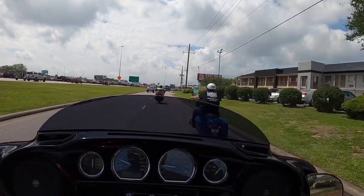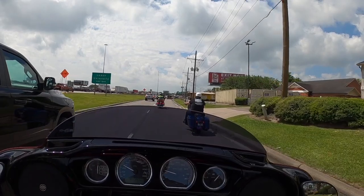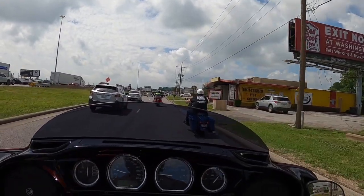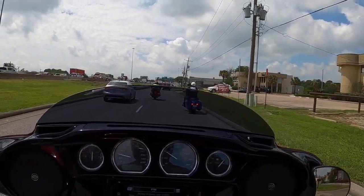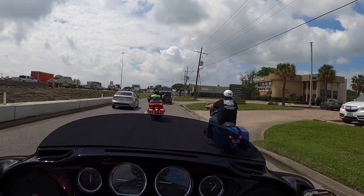Yeah, from where I'm sitting, I like this Batwing fairing better than the Road Glide fairing. Now the looks of the Road Glide fairing, coming down the road, look good. I like that everything is nice and close. I feel like I get better wind protection with this Batwing because it is close, because I'm tall, I'm 6'1",